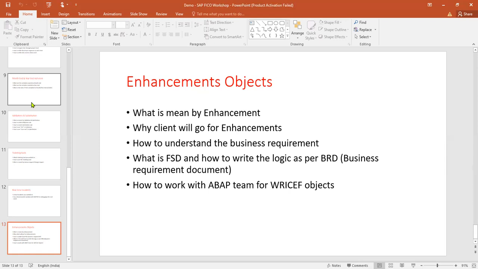One thing I can surely tell you, we will help you from resume preparation. We will take some mock interviews and we will help you crack the interview. That is the main motive for this batch. If you are looking for an interview or if you want to crack the interview on your own, if you want to survive in the job, then please join this batch. This is only for you.